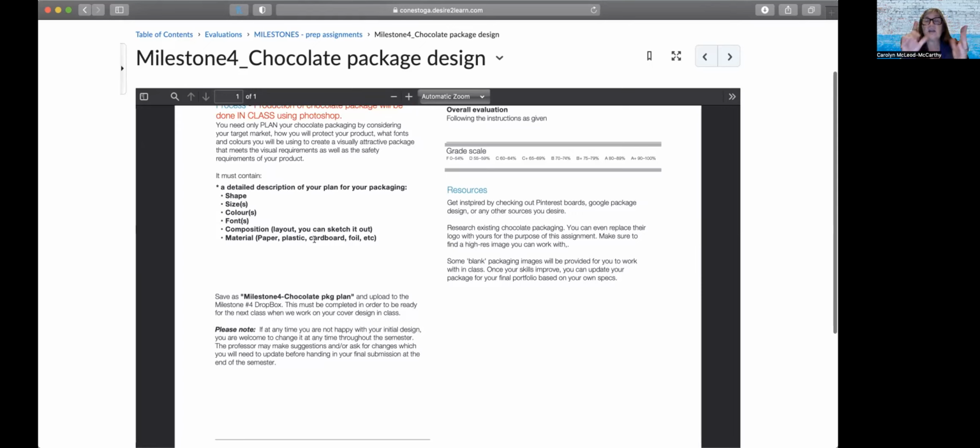A little sketch. Again, you don't have to know how to draw. Just draw the basic shape of what you choose and draw on it where your logo would go and what text you're going to put on it. So we have to consider things like the volume of the package. I'm trying to see if I have any packages around me here to demonstrate what some packaging looks like. So on this pencil package